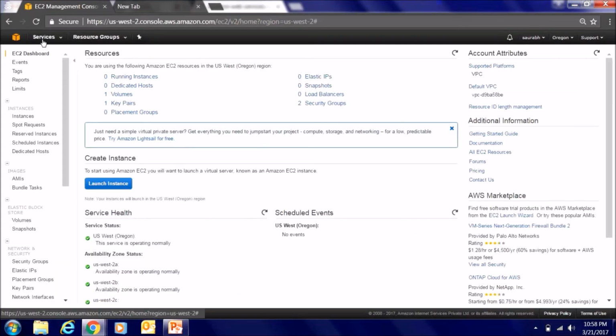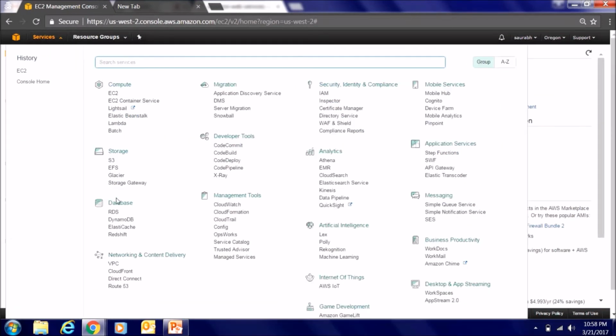There are various headings you can see here: compute, storage, database, networking and content delivery, migration, developer tools, management tools. There are a lot of services here. For the purpose of the certification, you need not know all of them. We will go over the services required for the developer certification. If you need details on any other services, just let me know and we can cover that in detail later.